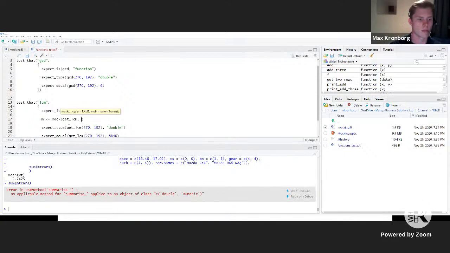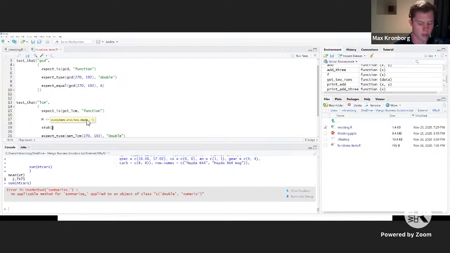And the result that we want, oh, sorry, I'm doing this the wrong way around. We're going to use this as a result from the GCD function. So we'll use this for a stub later on. So sorry, what we want actually is it returns 6 because that's a result we're going to need for this test below. That's what we know the answer should be up here. And we'll use it multiple times. So we want cycle to be true. And then we stub it out. So use stub.